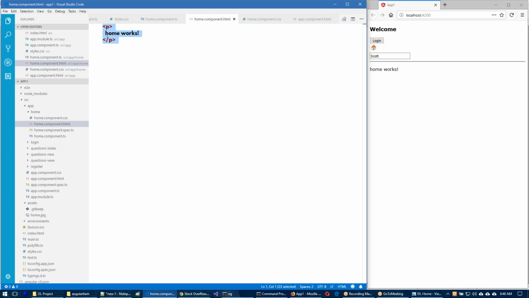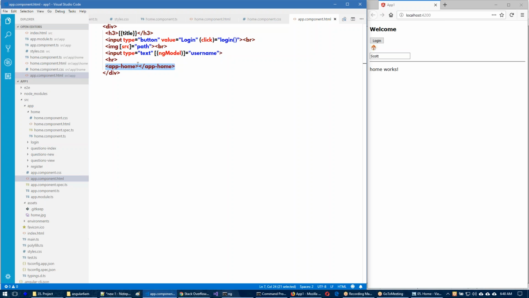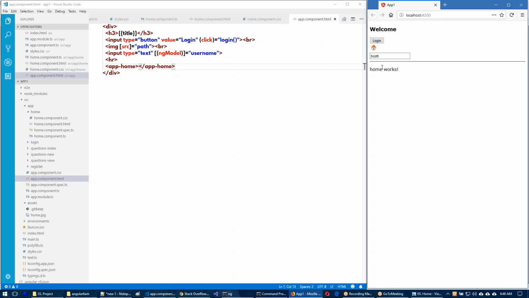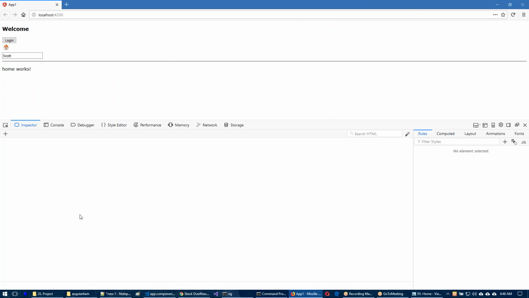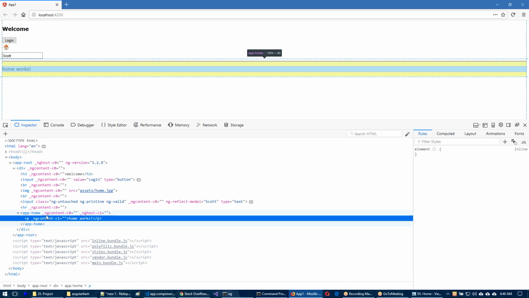It already says home works. So this content is displayed in the original place where we invoked it. In this place we can assume the home works paragraph is here. So the same happened here. We can also check like this: inside app-home, the paragraph home works is added.